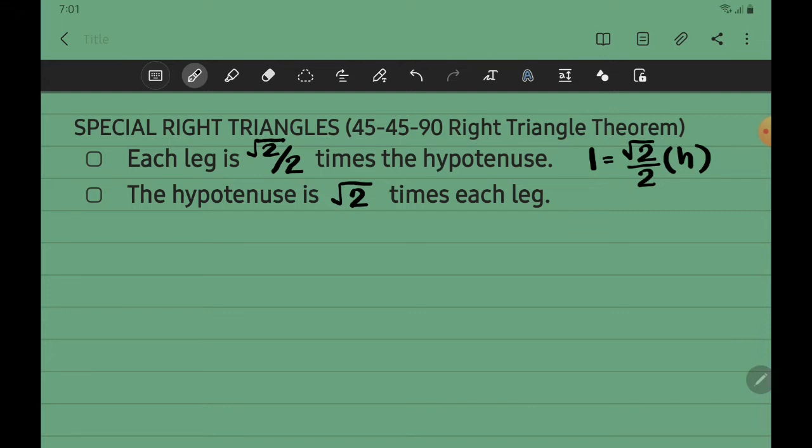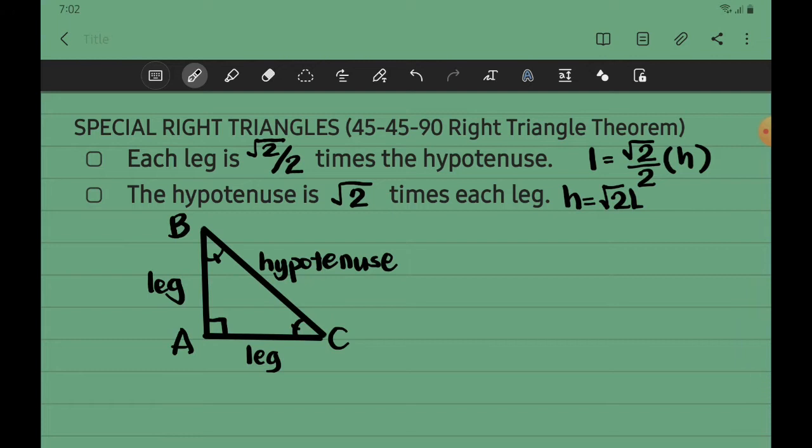And then the hypotenuse is square root of 2 times the leg. So if we are going to write the formula, that would be h is equal to square root of 2 L, or hypotenuse is equal to square root of 2 times leg. Okay, if we're going to use the triangle here,